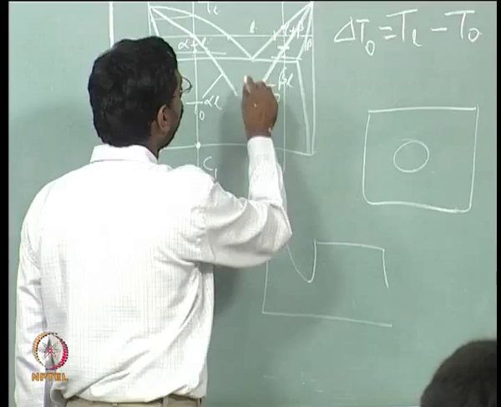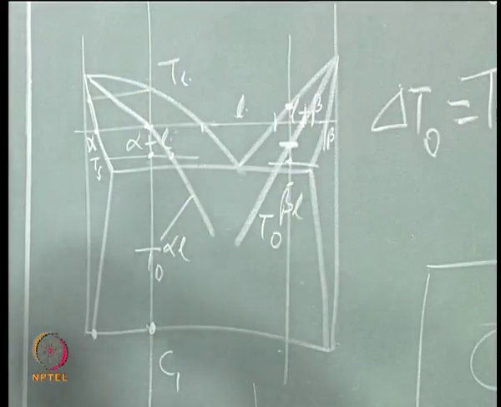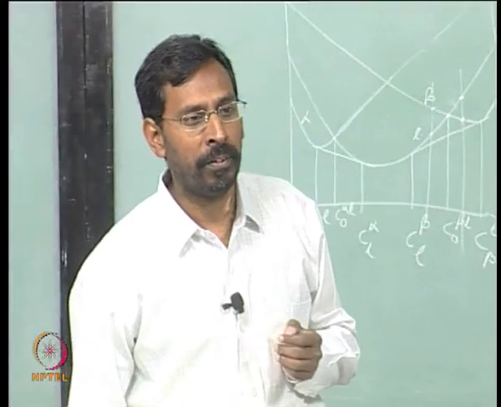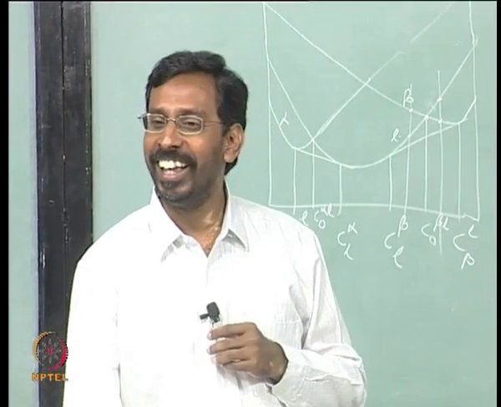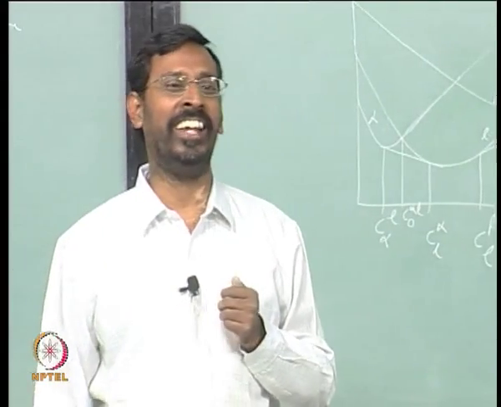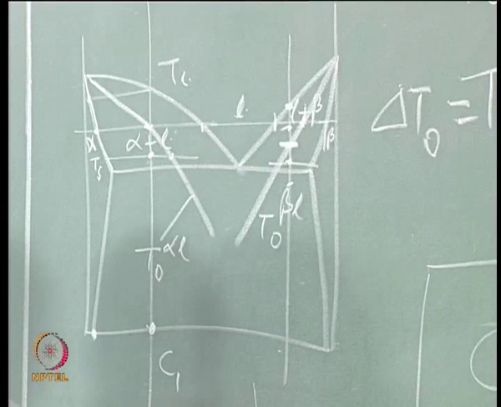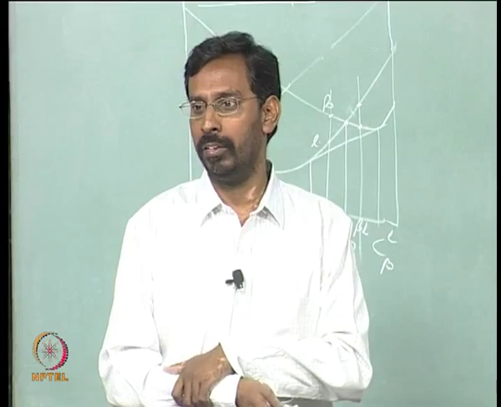And the moment you have a recalescence, if I say I have undercooled a liquid to this temperature, let us say, and this recalescence raises the temperature of the liquid above that of the T naught, then you are in soup, you are in liquid. Soup, liquid is also a soup. Okay. So, you are in the liquid back again. That means you are at a temperature somewhere like this, let us say, where partitionless solidification cannot occur. So, the remaining liquid cannot continue to do partitionless solidification. So, you are in trouble.